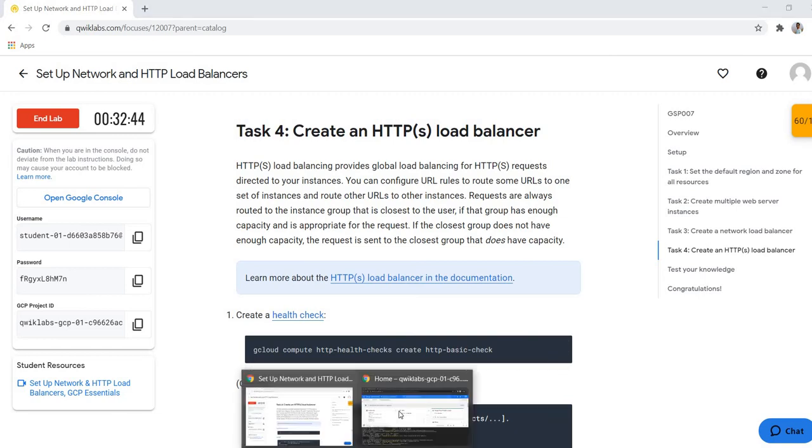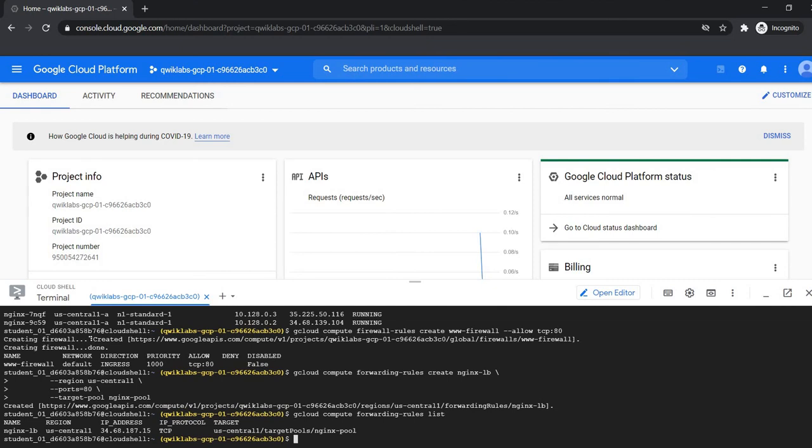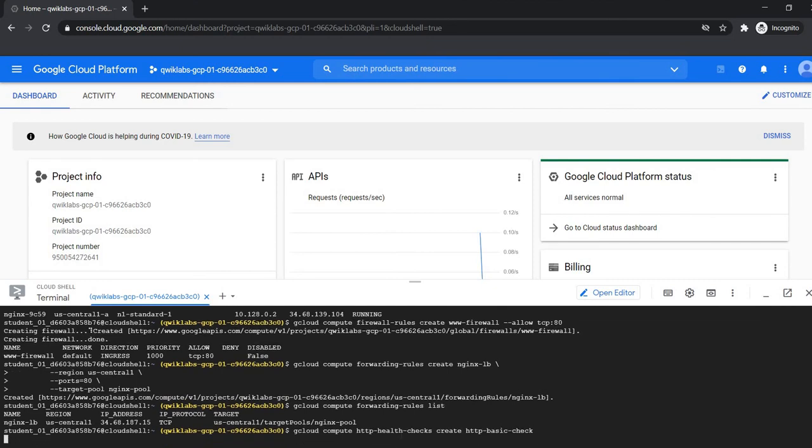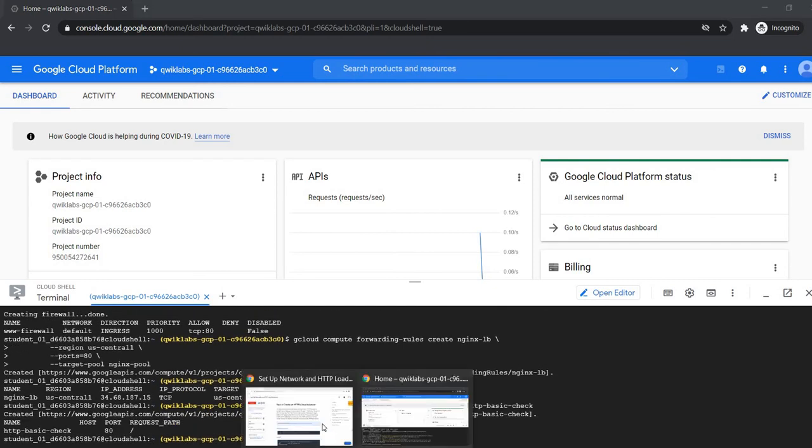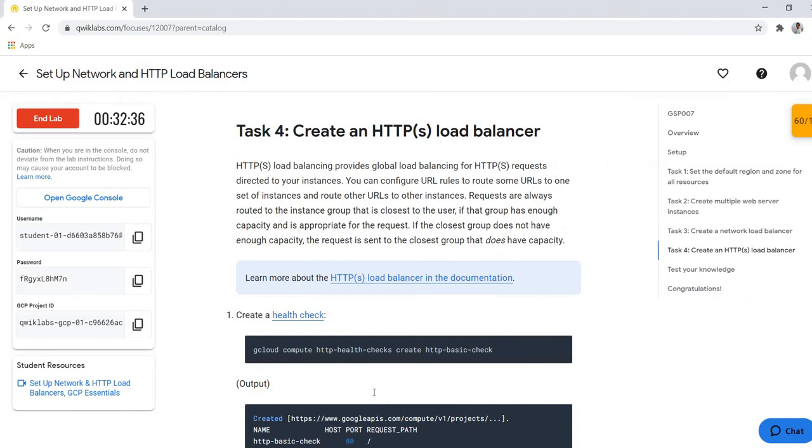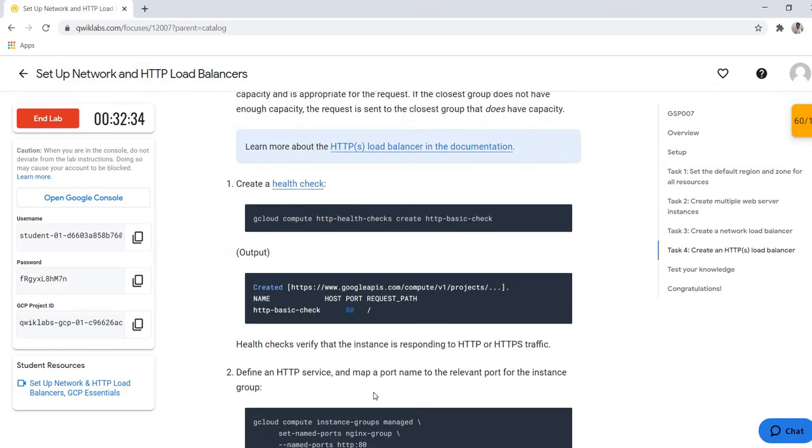Okay, so let's create one health check, which is used to check your server's health.